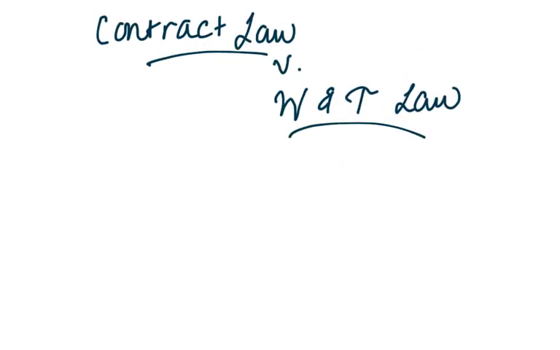Now, before we go any further, I'd like to discuss the difference between the way in which contract law interprets capacity versus the way we interpret it in wills and trusts. You may remember the test for capacity from contract law. Be careful not to confuse the capacity to contract with testamentary capacity. The standard for testamentary capacity is easier to meet. It is a lower bar,